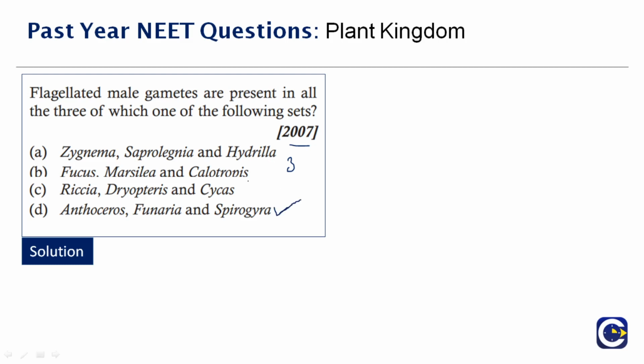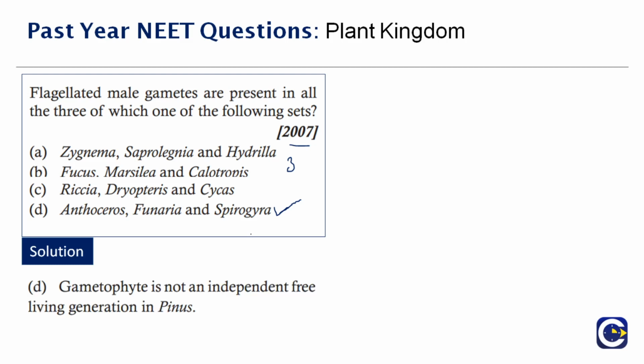I'll tell you why. But before that, look at the other 3 options, A, B and C. Sometimes in an option, one is flagellated, one is non-flagellated. They've given it in a mixture form. But if you ask me for purely flagellated male gametes, then the correct answer goes to option D, Anthoceros,